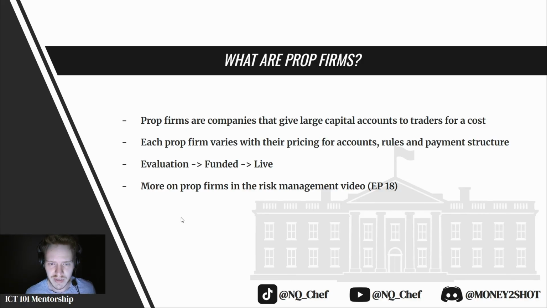Prop firms will give you accounts, $25,000, $50,000, $100,000, $150,000 accounts, for a cost. And each prop firm varies with their pricing for accounts, activation fees, rules, how they pay you, consistency rules. And I don't want you to really worry about that yet. That's going to be discussed in later videos about prop firms. I just want to introduce you to them so you understand how you, the individual, are going to start making money over time. Not right away, not in a month from now, not after watching all of my playlists. You're still going to need experience and time.